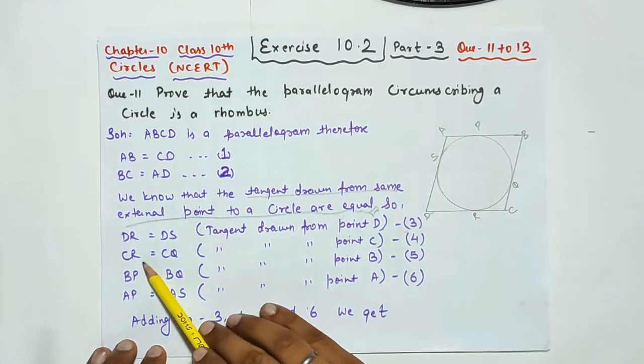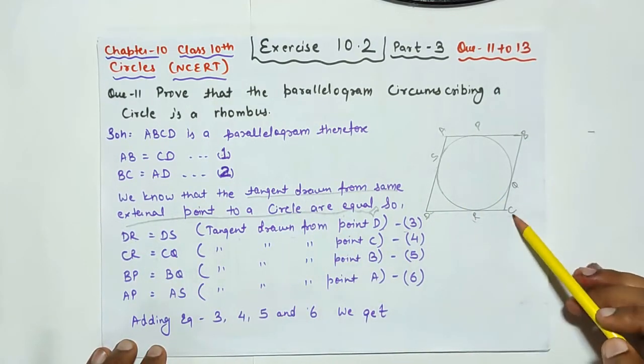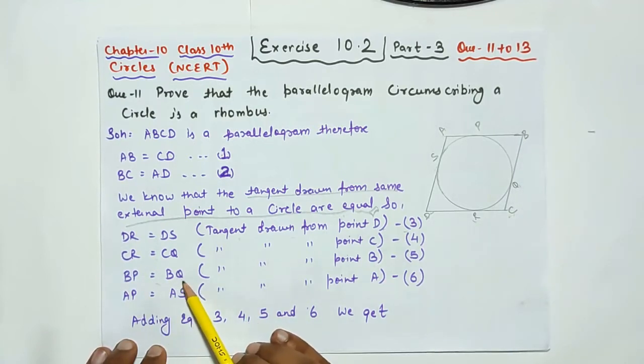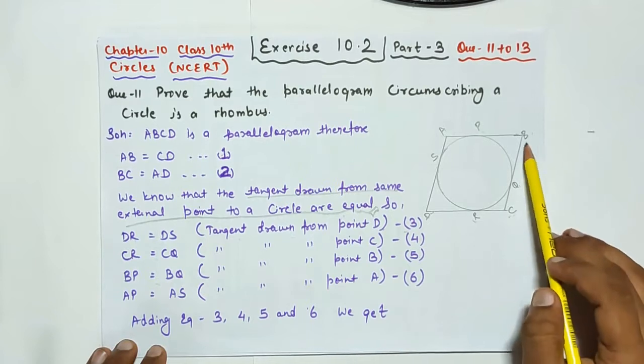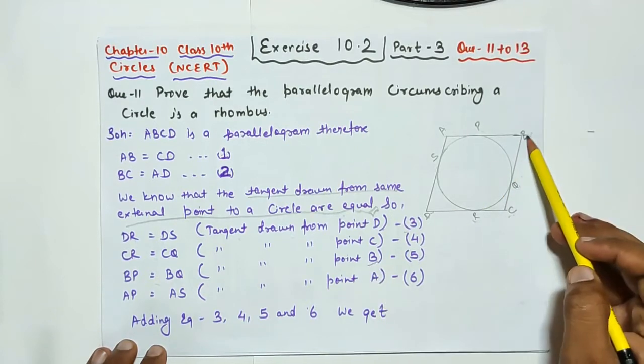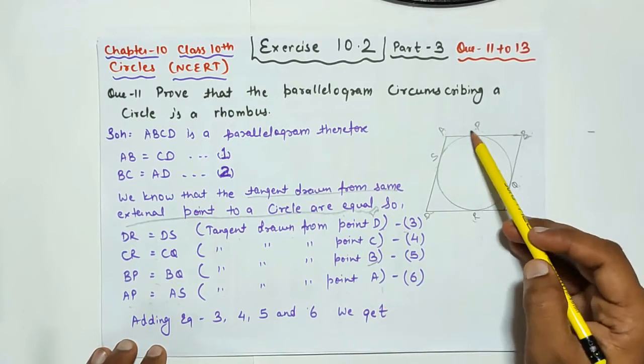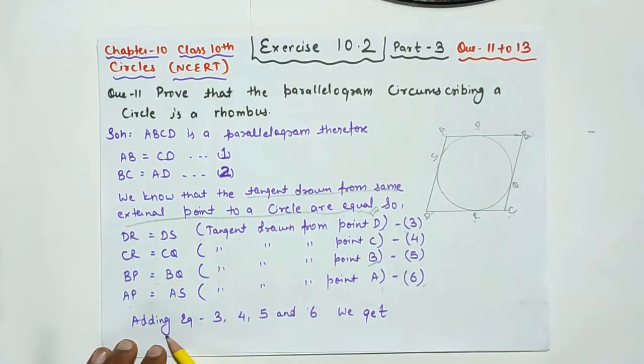Similarly, CR is equal to CQ, as drawn from the point C. BP is equal to BQ because it's drawn from point B. AP is equal to AS because it's drawn from point A. This is equation 6. Adding equations 3, 4, 5 and 6 we get